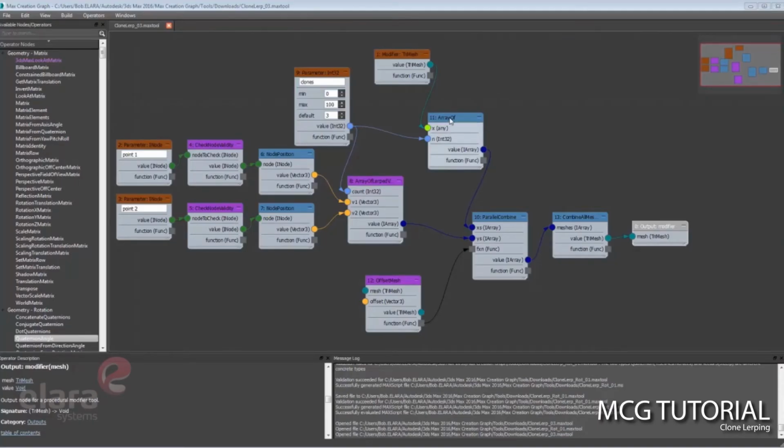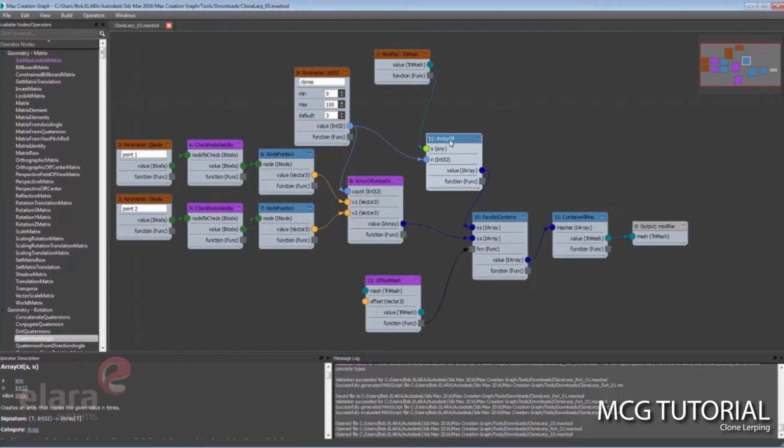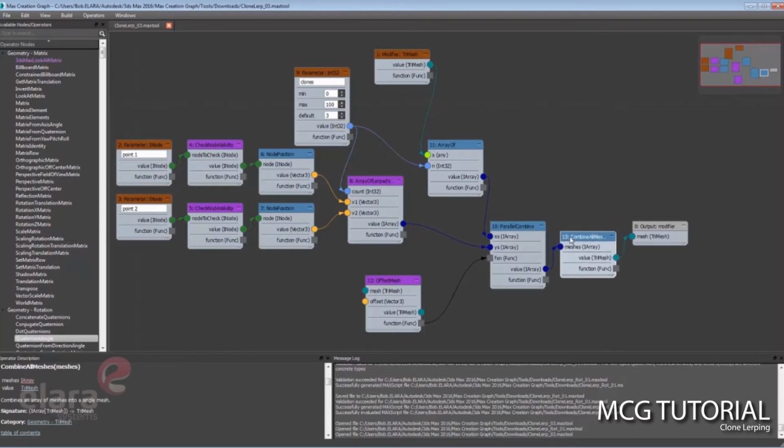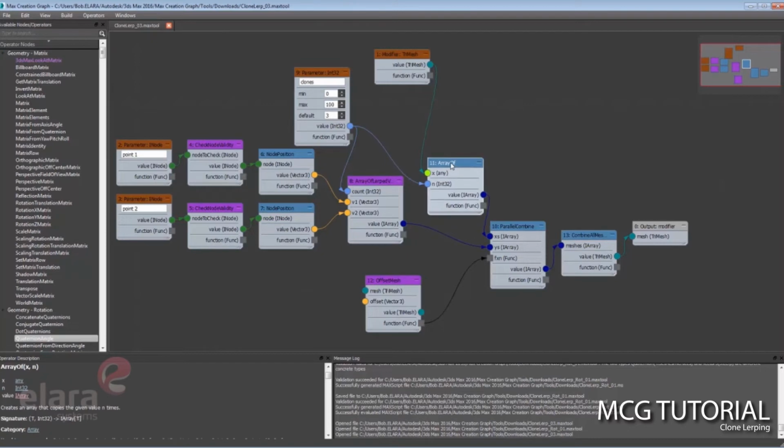So one of the really cool things about MCG is, unlike the modifier stack where a modifier kind of is what it is and you can use it and the functionality is set, with MCG you can go back and grab somebody else's tool and you can change functionality, add something if it's not quite meeting your specific needs. Somebody had made the suggestion of, with the teapots that are interpolated between the 2 points, why don't you make them all point at one of the points? So we'll just grab their rotation.